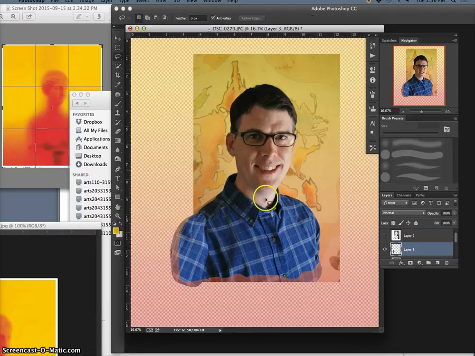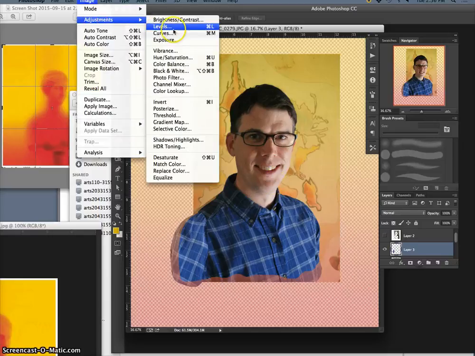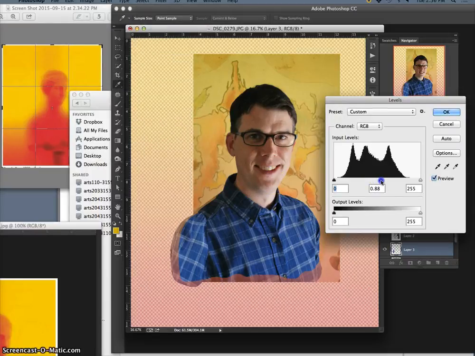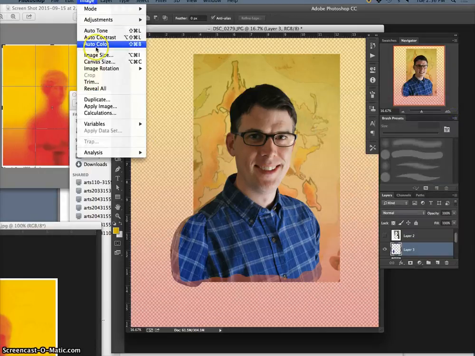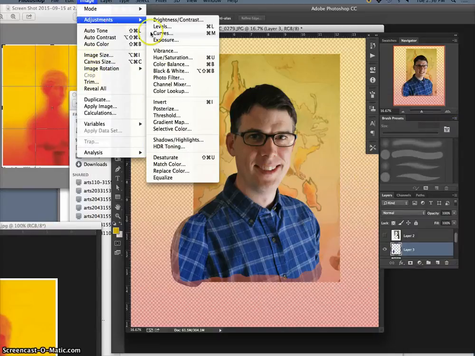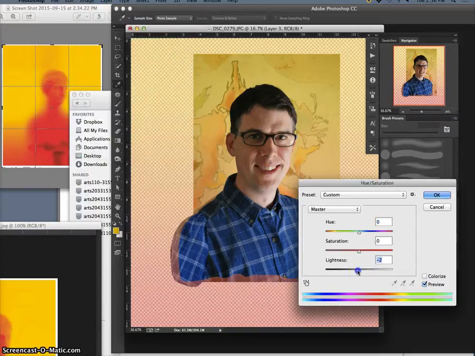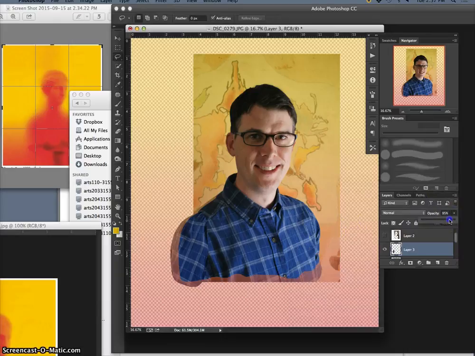It doesn't match exactly, so now I use image adjustments, levels, take its shading down. I just had to wear plaid that day. And levels is the first step. The next is saturation, some sort of color balance, and I want to just darken it a little bit overall and take a little bit of that saturation down because it's in shadow. Right. And now